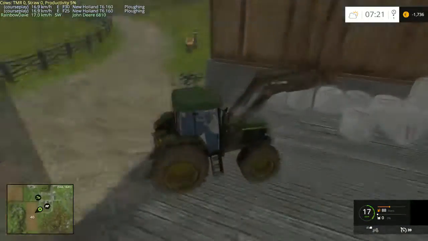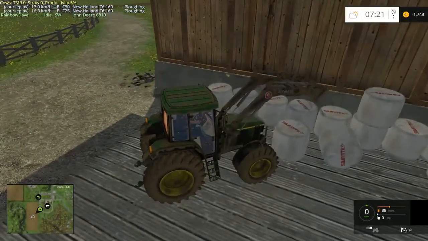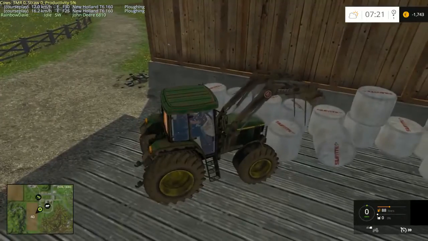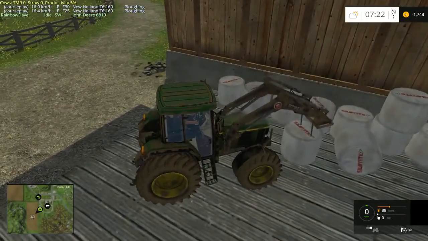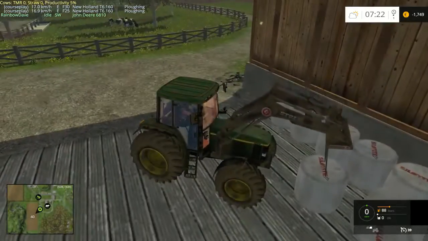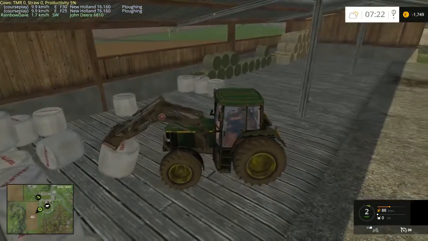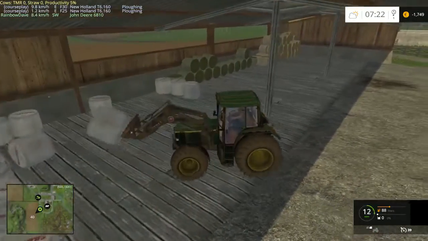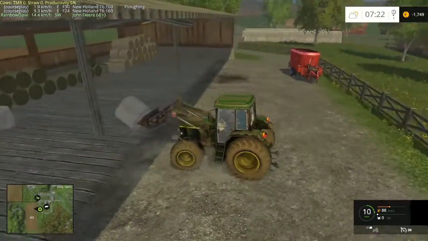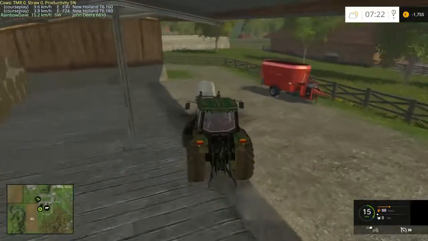I'm gonna pop a bale here, and just see what happens if I just pop out. That did nothing. Oh my god, I feel so robbed. So I've no need at all for the bale handler. I know I should, for realism's sake, use it, but it's not